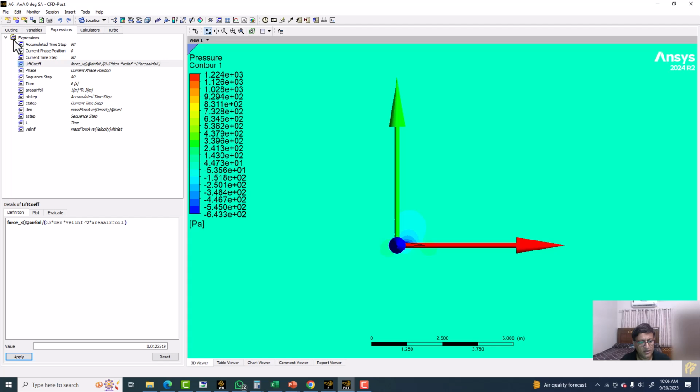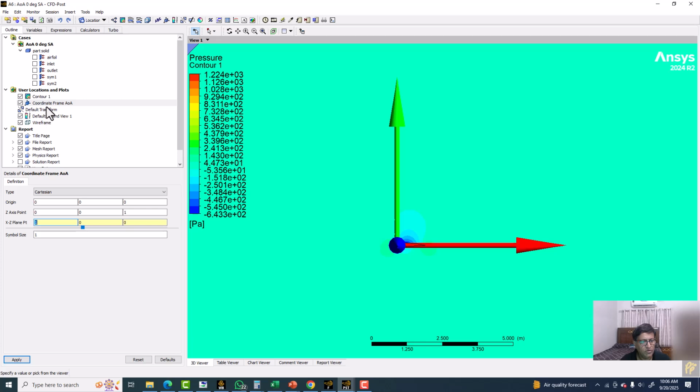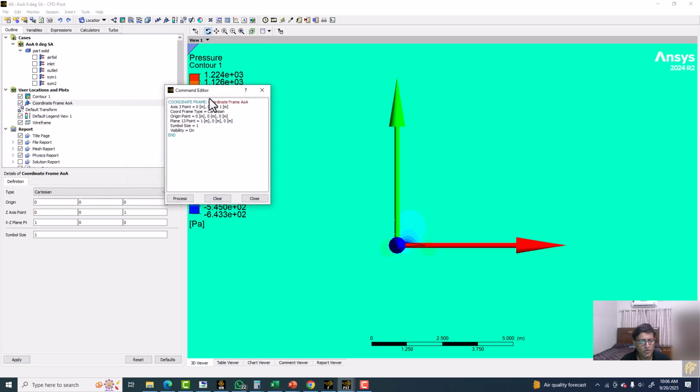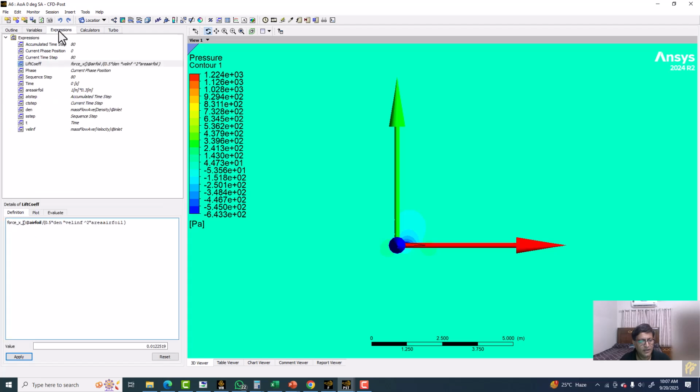So now you may ask the question where the coordinate frame will be put. So this will be put over here. On the x you have to put the 1 hyphen symbol. Then go to the outline, and right click here and click on edit in command editor. Why am I doing this? Because I want to exactly copy that spelling. Sometimes you type the same thing, but because of capital letters or small letters, this will make a problem. So that's why I'm directly copying from the CFD post. Here you have to paste,